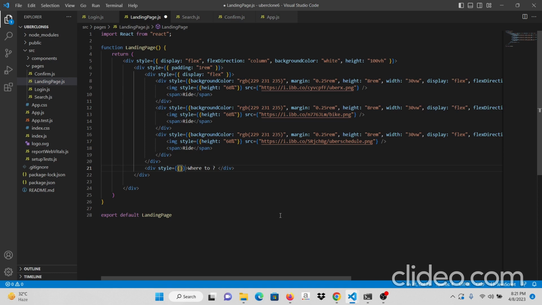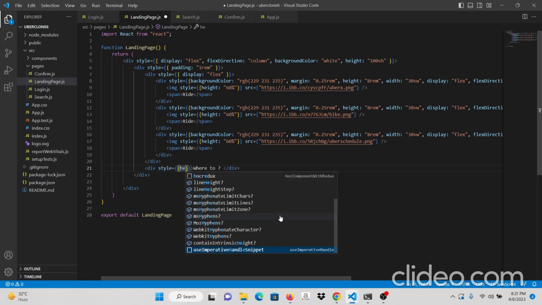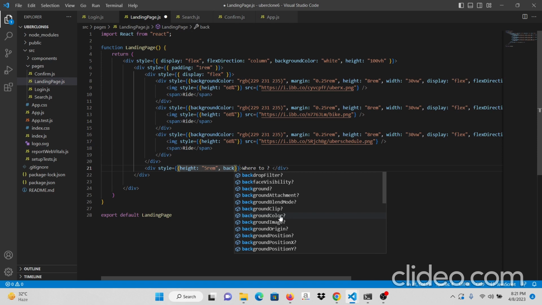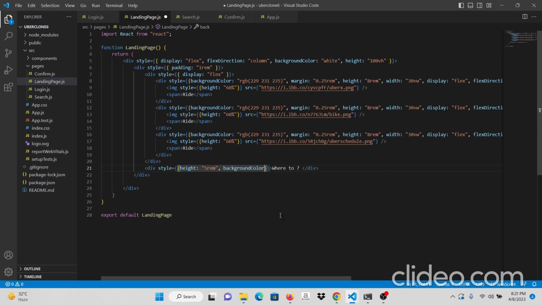So first and foremost, mention the height. The background color is basically the same as the other ones. So I'm just gonna copy that one,